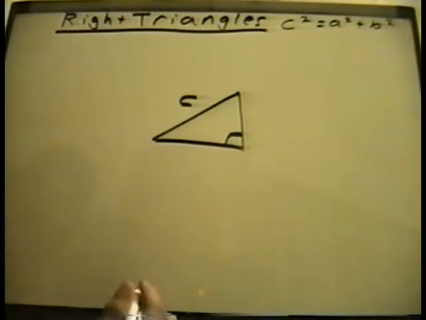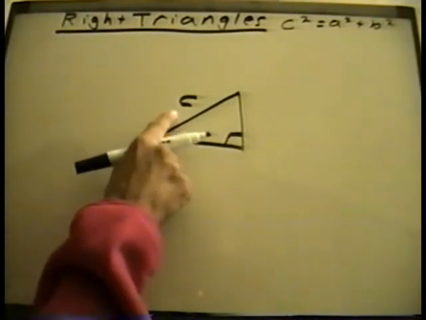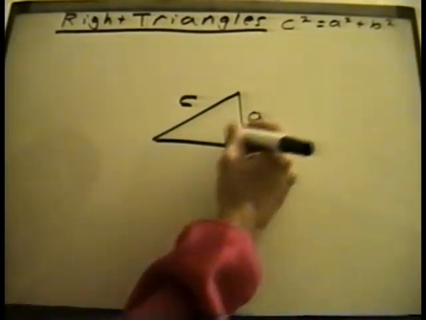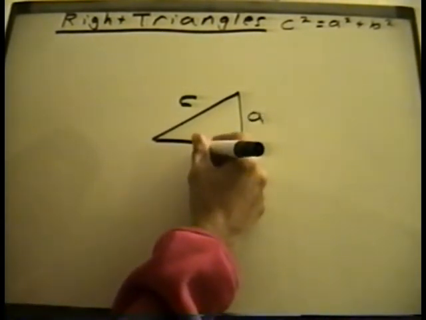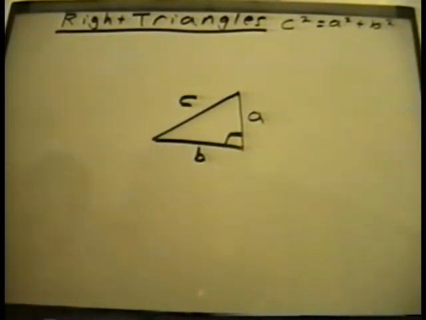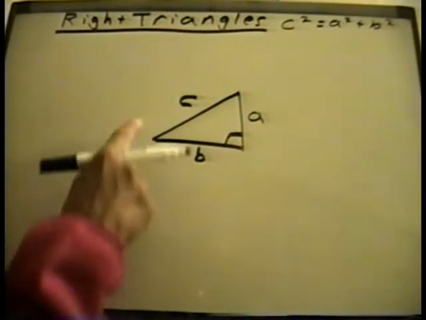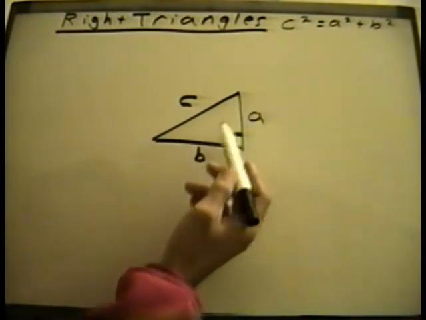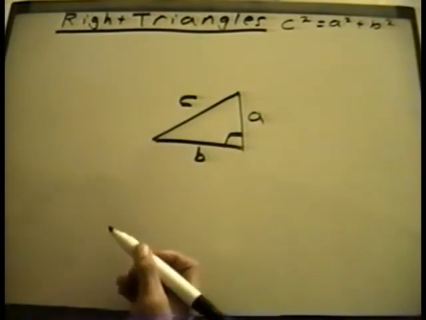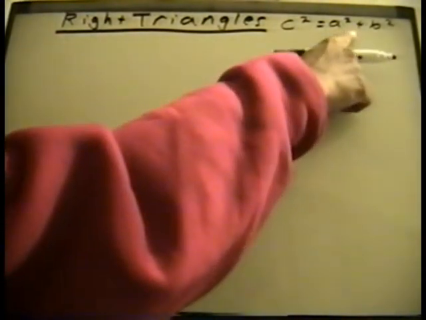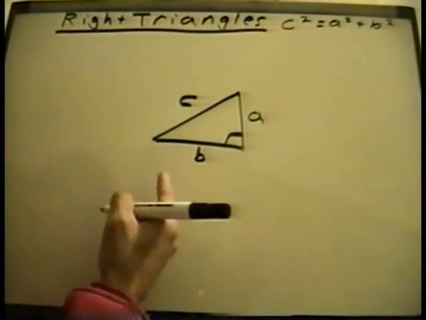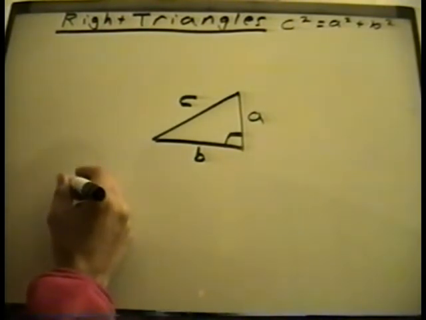So we have here the hypotenuse, C squared, or C, and we label the other sides A and B. Now other than the hypotenuse, for any right triangle, it doesn't matter which side you label A or B, because they both take the same position in the equation. They're both additives. So here this states that the square of C,